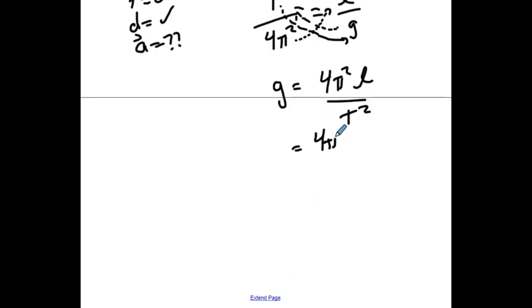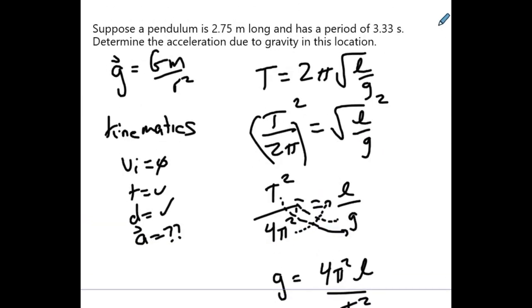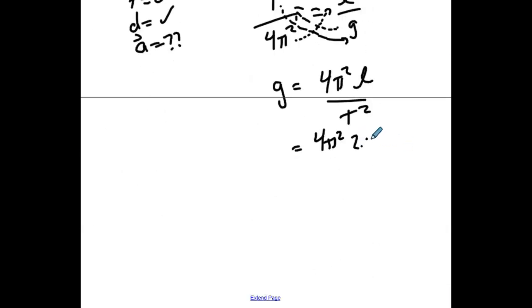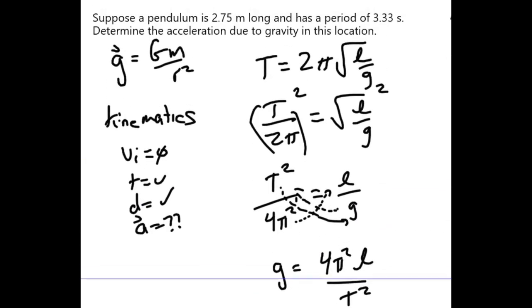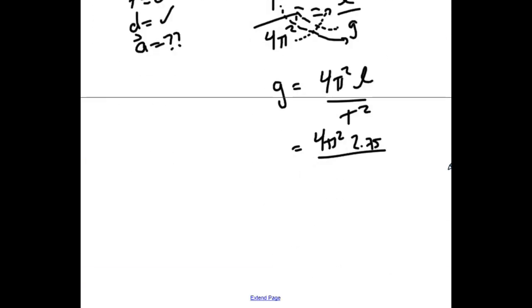All you need to know are two variables. The length of a pendulum, which was 2.75, and you need to know the period, which is 3.33 seconds. Don't forget to square that. Which means if you have 4 pi squared times 2.75 divided by 3.33 squared, we have now calculated gravity at this location to be 9.79 meters per second squared, which would make sense because gravity on Earth is about